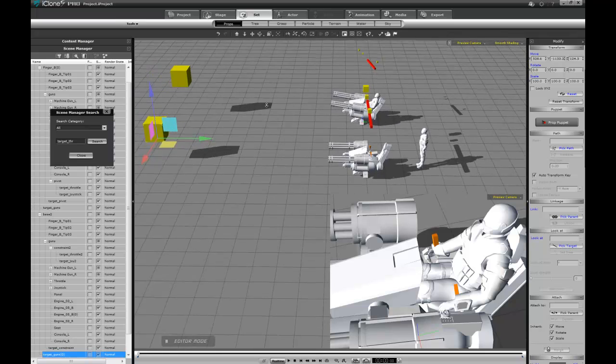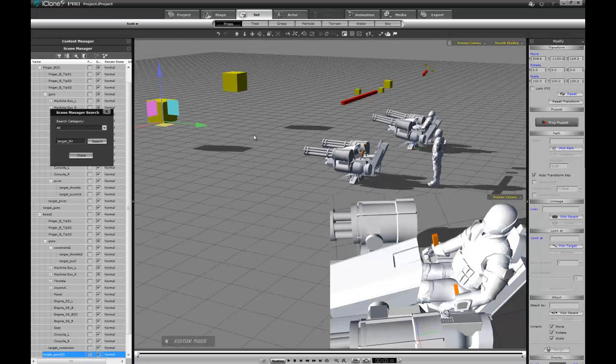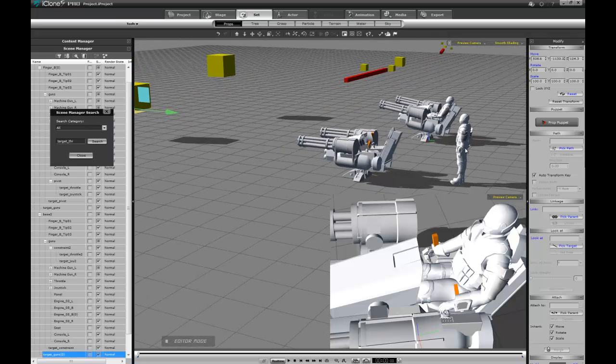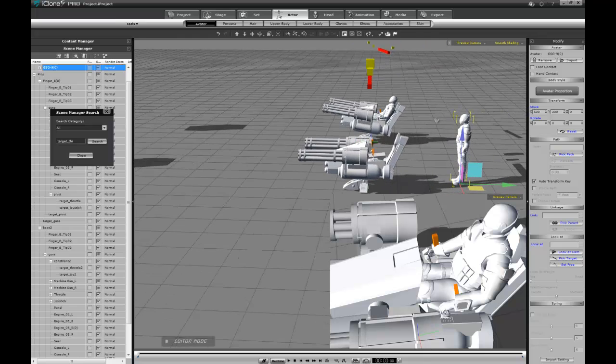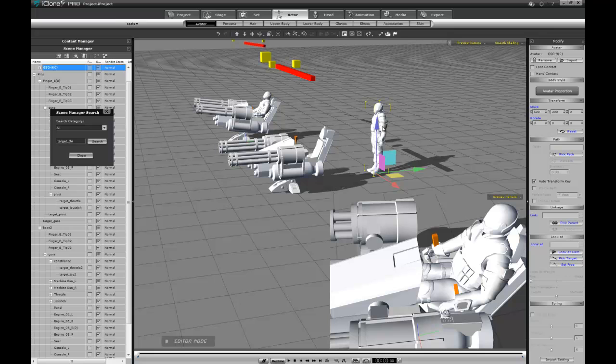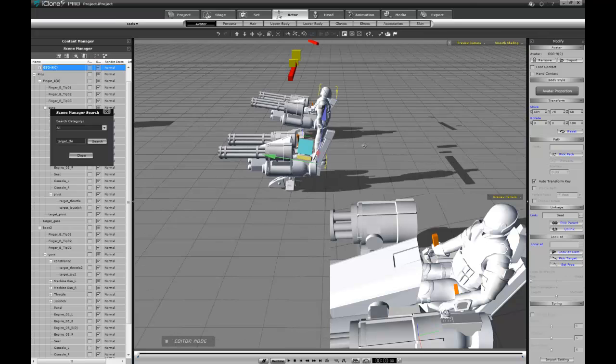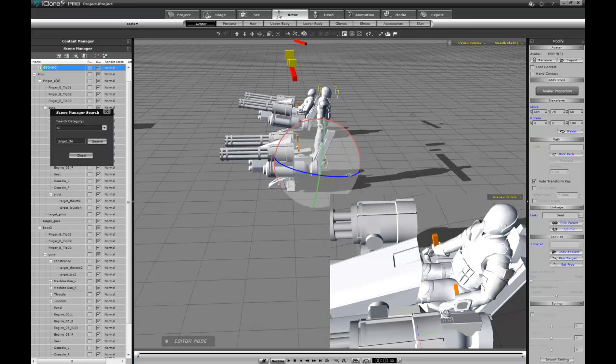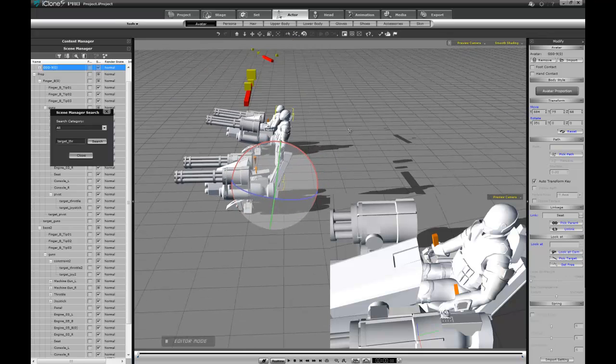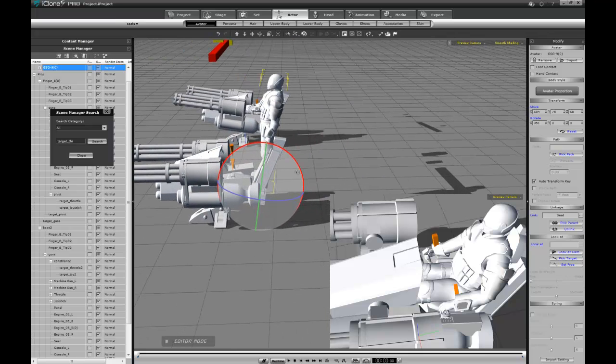So that's good. And next, what we need to do is attach the avatar to our chair. So I'm going to go ahead and select my avatar, and I'm going to tell it to link to the seat. And now I can go ahead and tell it to respect position and rotation for that. Notice that he's facing the wrong way. It doesn't really matter. I can just rotate him 180 degrees. And because I have my snap to angle, it made that a lot easier for me to do that. So I'm going to go ahead and turn off snap to angle here because I needed to